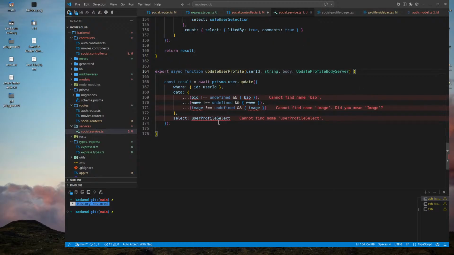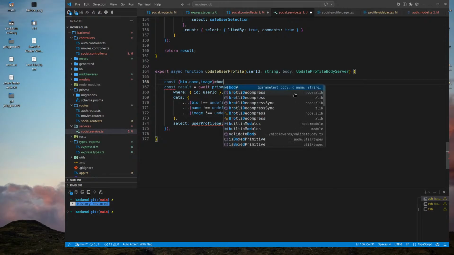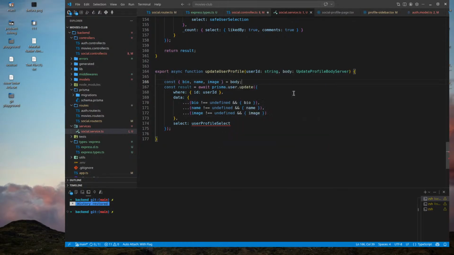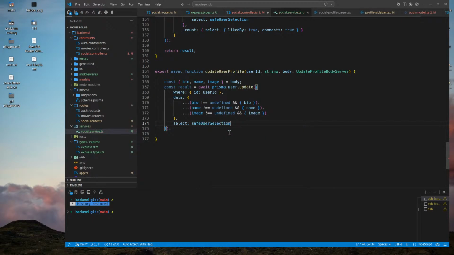Update profile body server. And okay, I would say post bio plus name plus image is equal to body. Selection, save user selection.